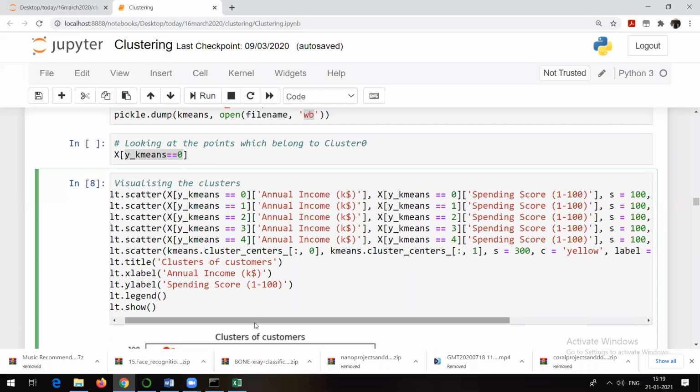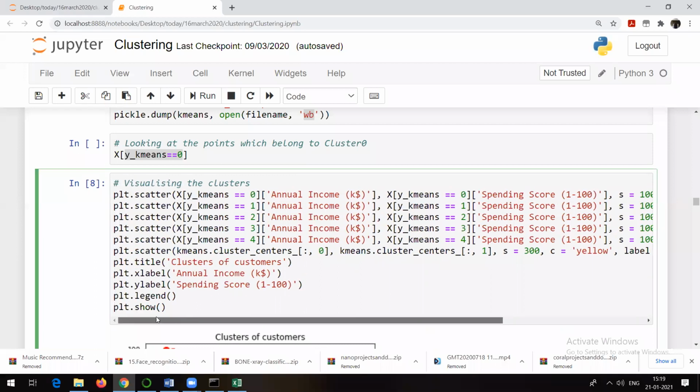So why are we writing the code like this? We just want to represent the cluster data. Same data, but with clusters, so that it will be easy to visualize. Then we are going to plot plt.scatter of kmeans.cluster_centers_. Centers are nothing but the centroids. So this particular attribute gives us the centroids, that is, the mean values.